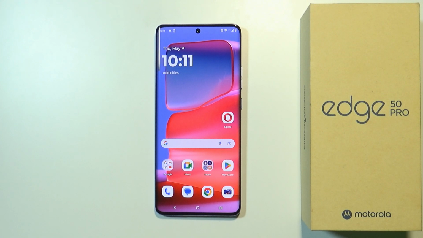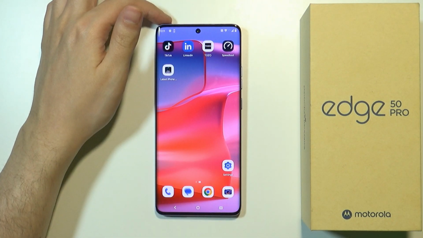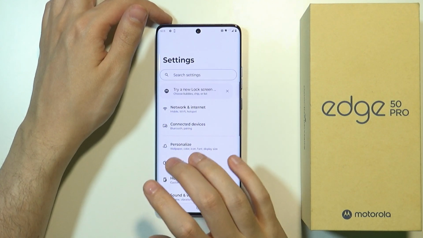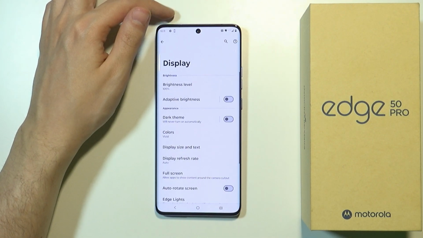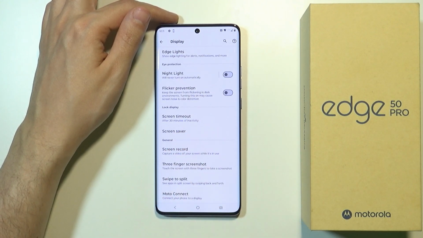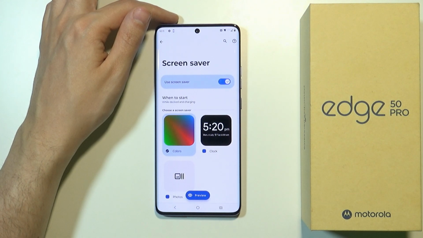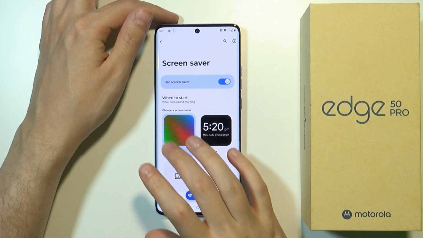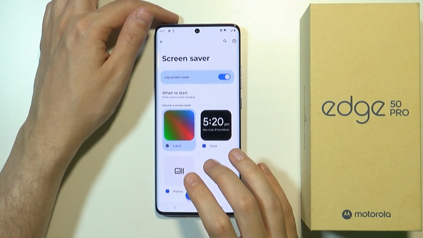Hello, in this video I'm gonna show you how you can customize the screensaver on Motorola Edge 50 Pro. The first thing that we need to do is open the settings. In these settings we want to head to display options, and then over here we need to scroll down until we find the screensaver. Tap on the screensaver, and over here we have choose a screensaver section where we can